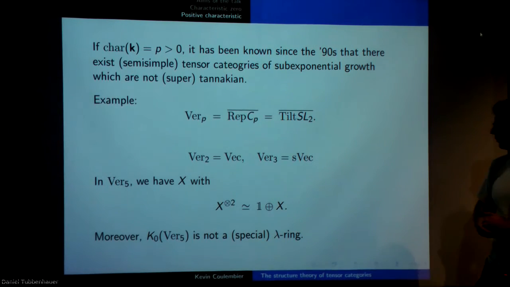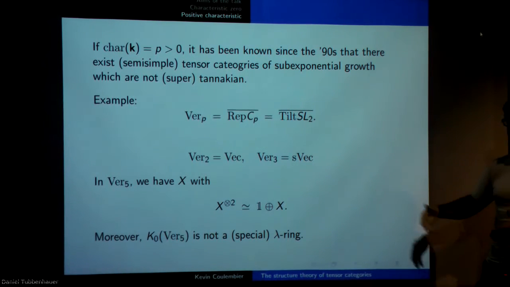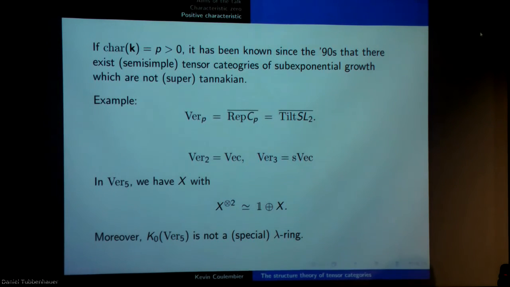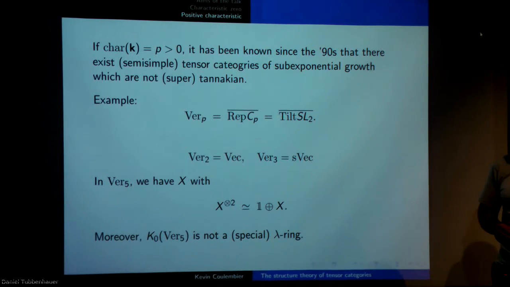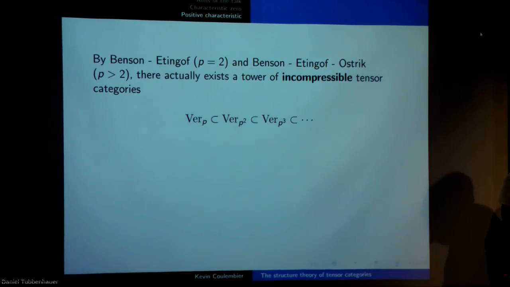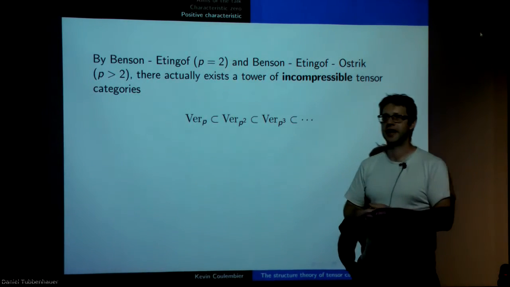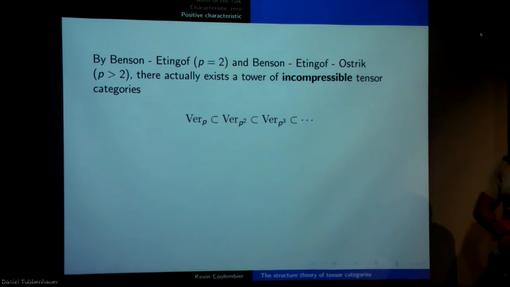But yeah, if you take invariance or co-invariance, you still get a pre-lambda ring, but it just doesn't satisfy the universal properties of a lambda ring. So we get more stuff than just Tannakian and super Tannakian, but it's actually